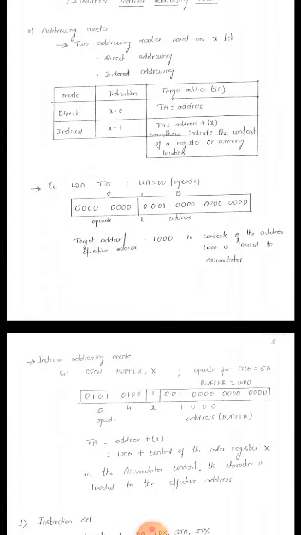So what do you mean by direct? When X is set to 0, you say that it is direct addressing mode, that is target address equal to the address, what? The memory address. The content from that address will be fetched, right? And indexed is X equal to 1, target address equal to address plus X. Okay, so that is the content of that particular index where it will be stored, or fetched.